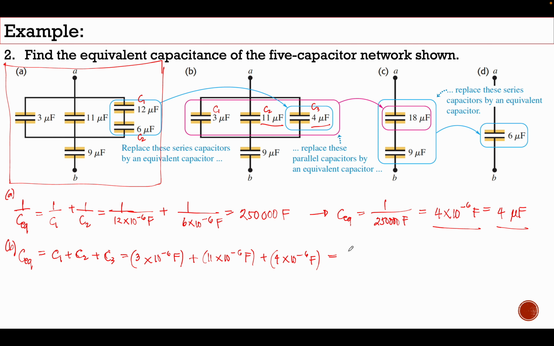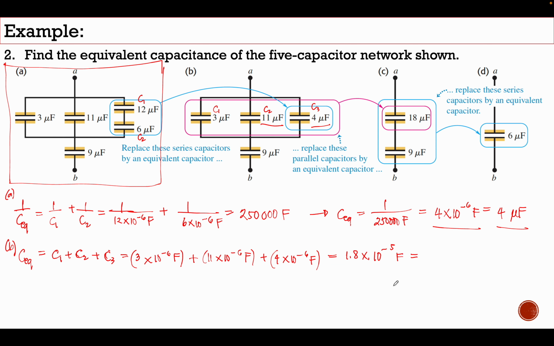So the equivalent capacitance of these 3 capacitors is, let's calculate again, 3 times 10 to the power of negative 6 plus 11 times 10 to the power of negative 6 plus 4 times 10 to the power of negative 6, which is equal to 1.8 times 10 to the power of negative 5